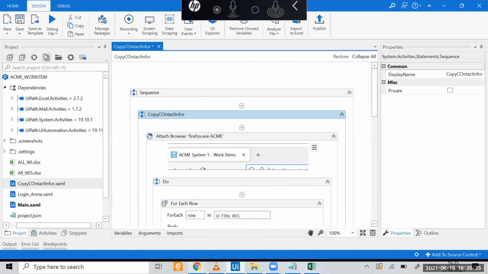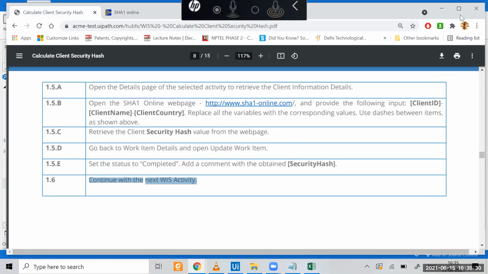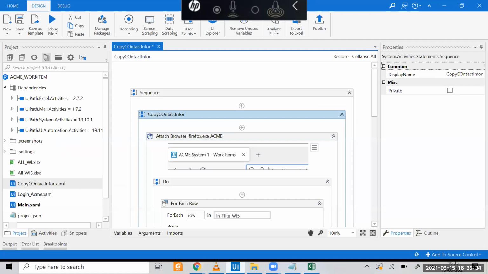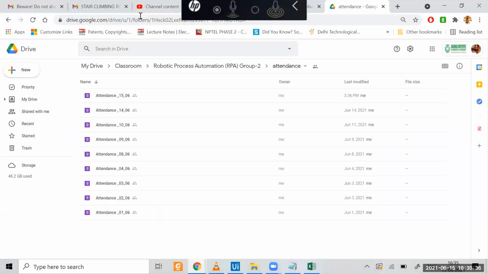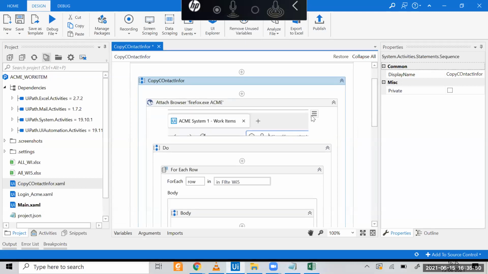So next step, what do you have to do? You have to go to the login website, so you know the address of that website.